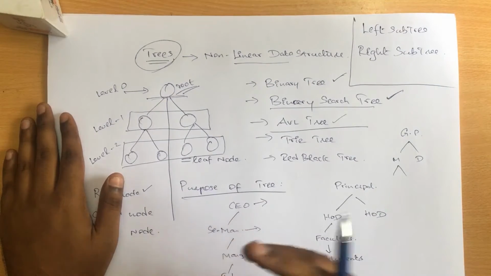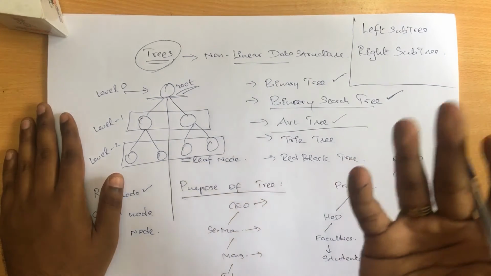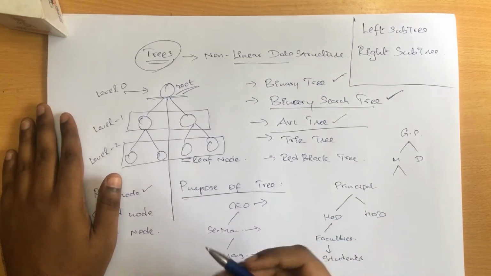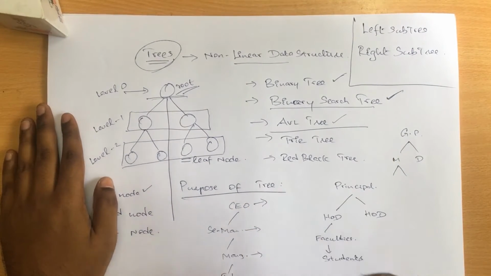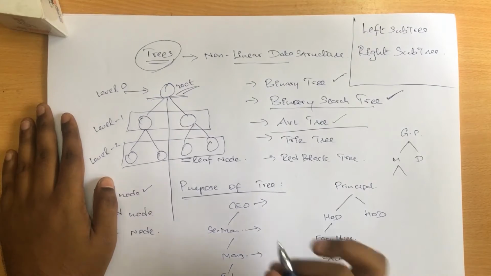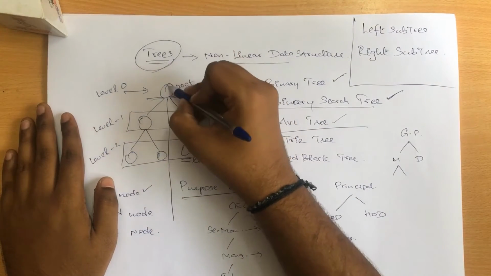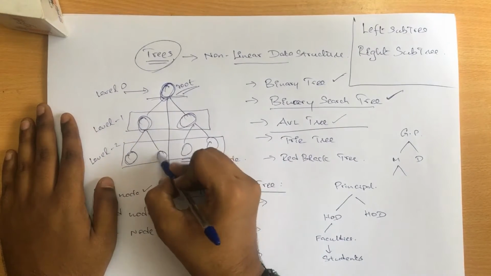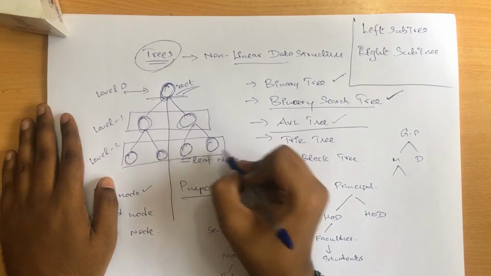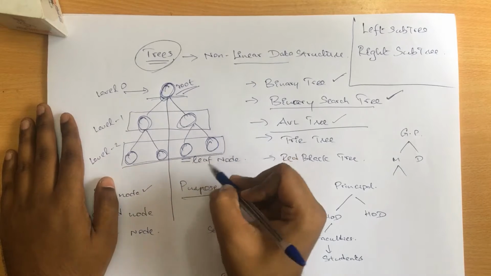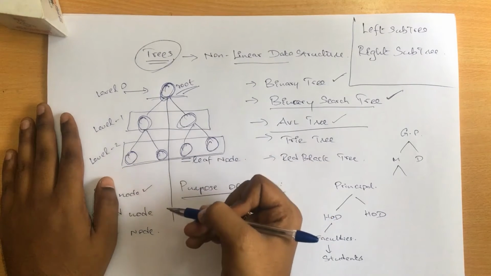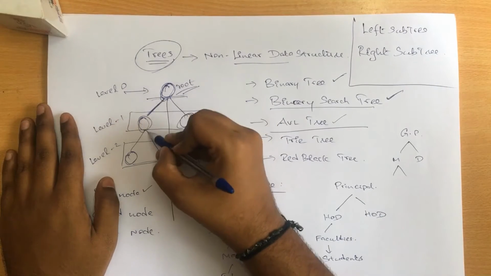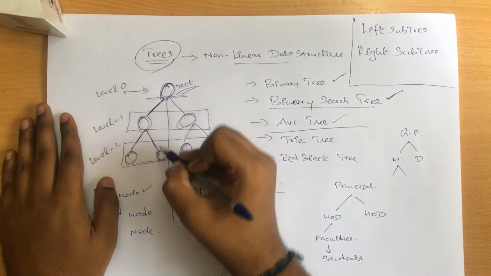And followed by this, we also have a few more terms like height of a tree, diameter of a tree, and so on. So height of a tree is nothing but finding the maximum height of a particular tree. So for example, here I have a root node, followed by the root node I have 2 children, and those 2 children again have 2 children, and these 4 are considered to be leaf nodes. So now if I try to find the height of the tree, it takes 1 edge and again 1 more edge to reach the final node.